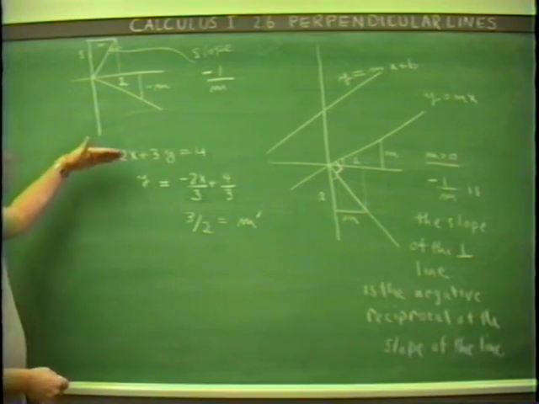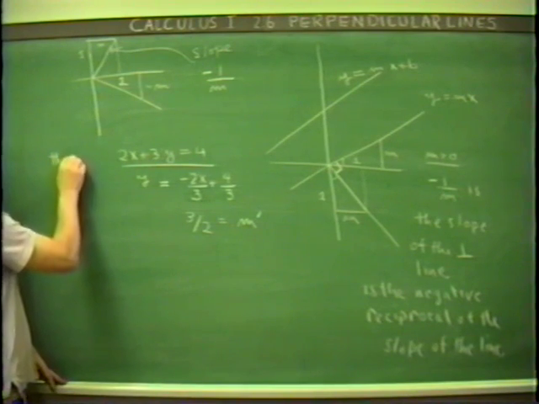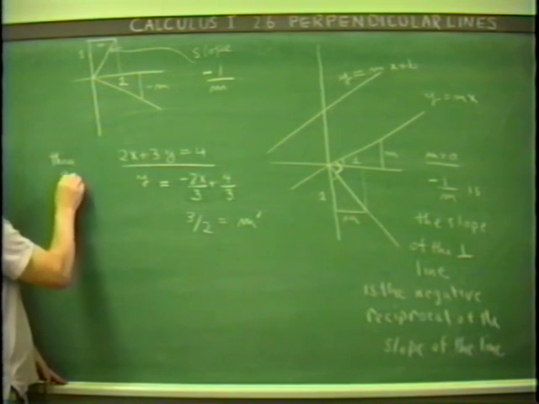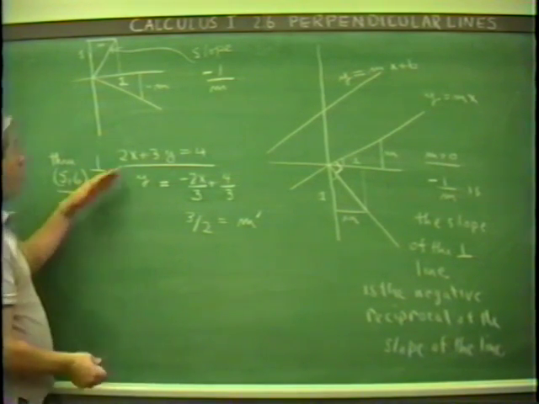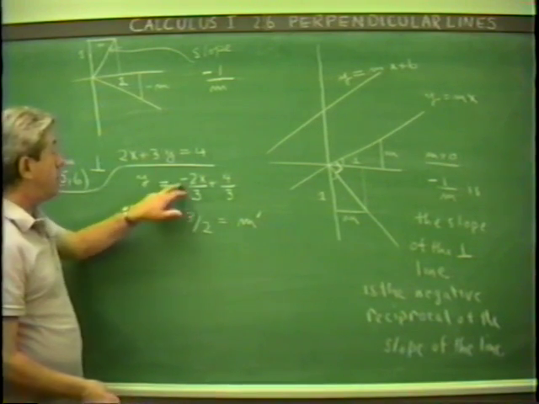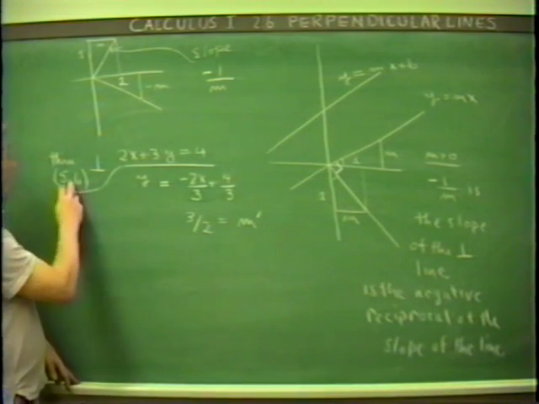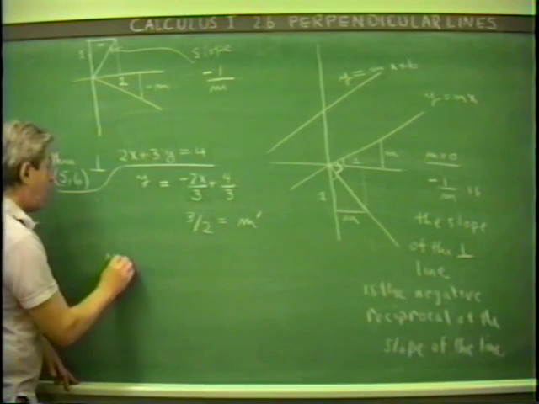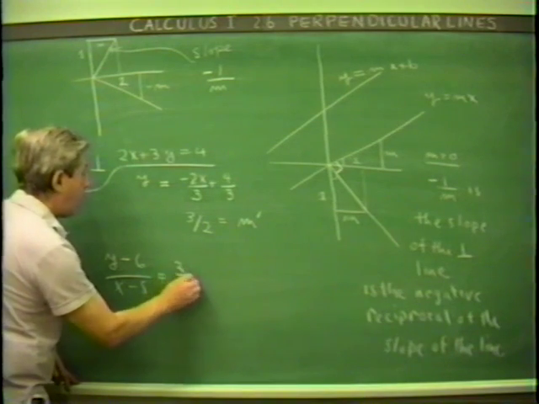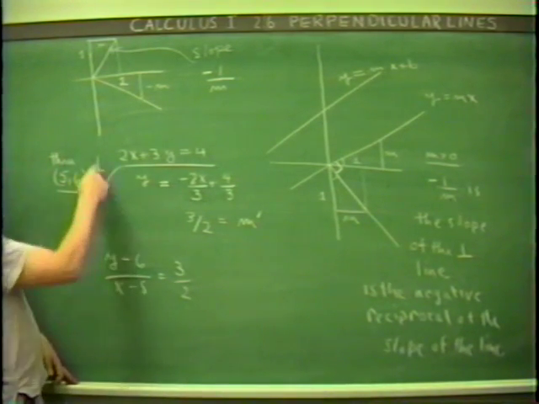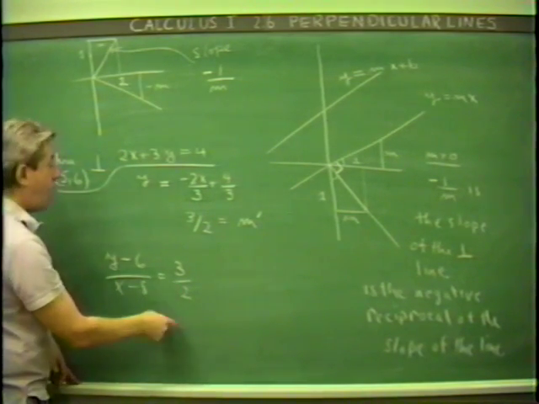And now if we wanted an equation of a line perpendicular to this one through, let's say, the point 5, 6, we would first find the slope of this line, minus 2/3. Note that 3/2 is going to be the slope of the line that we want. And now the equation of the line is going to be given by (y minus 6) over (x minus 5) is equal to 3/2. That's to say a point x, y gets on this line if when we compute the slope (y minus 6) over (x minus 5) using the point x, y, we get 3/2,